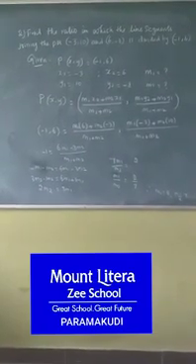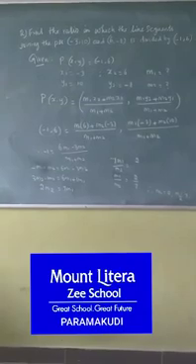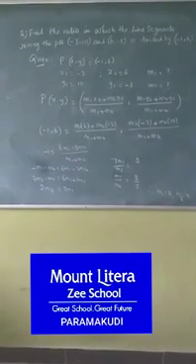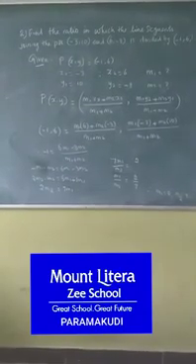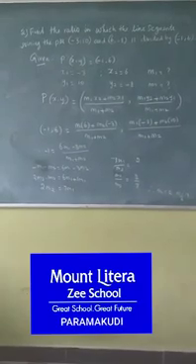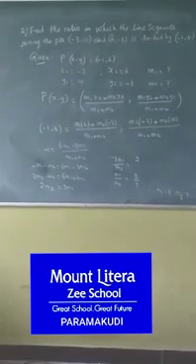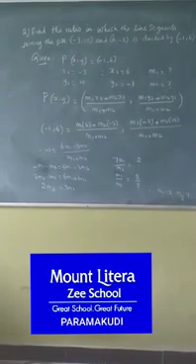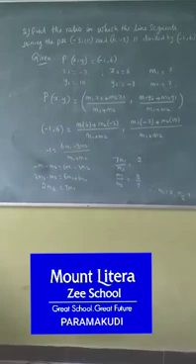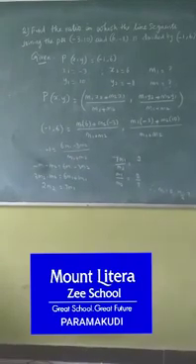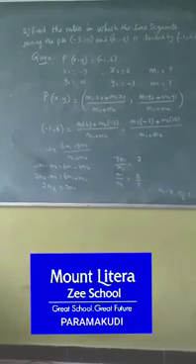Okay, so the first point is x1, y1, the second point is x2, y2, and that (-1, 6) is called point P(x, y). They are asking for the ratio, that is, they are asking us to find the m1 and m2 values. Now write the section formula. P(x, y) is equal to, write the formula: (m1 x2 + m2 x1) divided by (m1 + m2), comma, (m1 y2 + m2 y1) divided by (m1 + m2). This is the formula we already know.